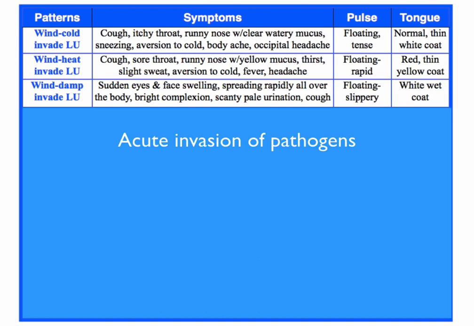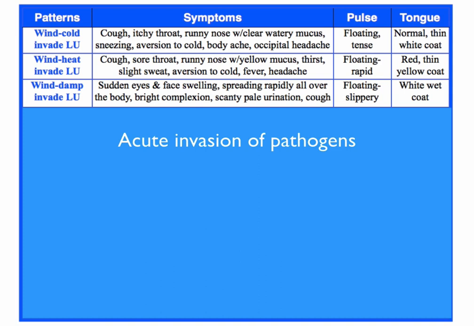It's not too bad. So the first one is the person may start with an itchy or tickly throat in the morning. Maybe they start coughing a bit, not always, but they're definitely going to start sneezing a lot, and eventually maybe have a runny nose, specifically with clear watery mucus, because that's the cold. They have an aversion to cold, or they feel chilly, right? Like when you start getting a cold, your body is aching. You may have an occipital tension headache behind the neck, and you feel cold and you don't like the cold, and then you're sneezing a lot and you start to have a runny nose, and then you get sick or you have a cold.